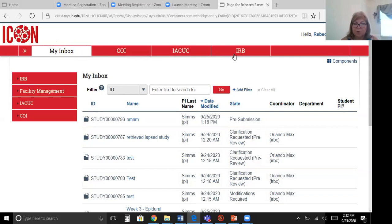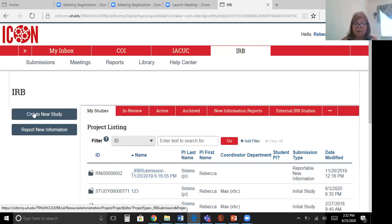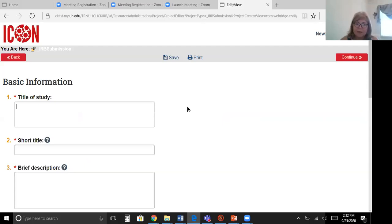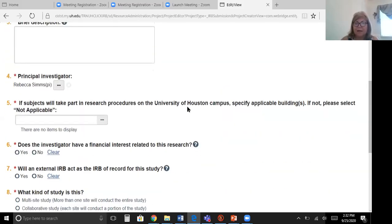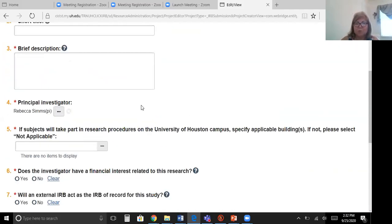To create your protocol, you click on the IRB, and under the IRB it says Create New Study. You click on Create New Study, and each section must be filled out and the protocol must be uploaded, which is the reason why we ask you to complete that first. Even if you have a draft, you can always go into it and edit or update it, and then click continue. But right now I'm going to show you one that I'm